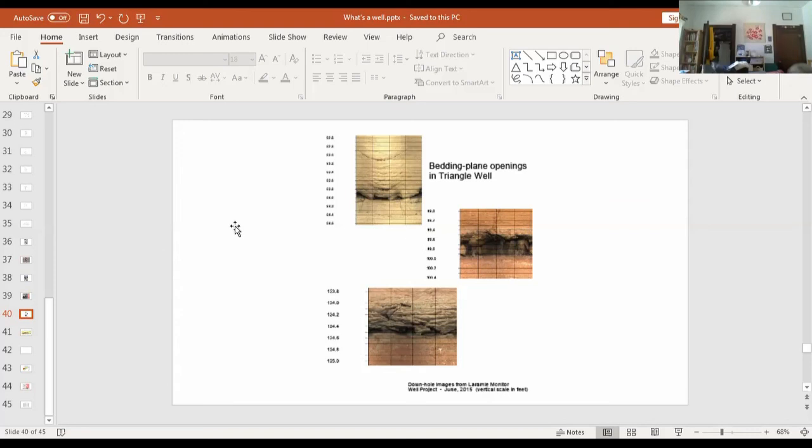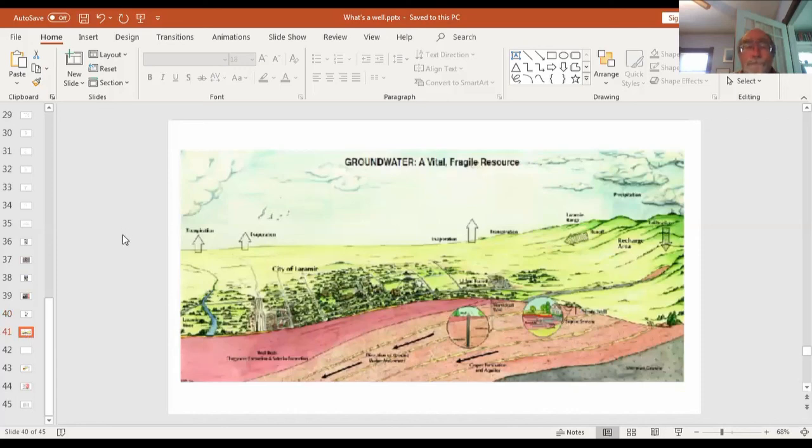Okay, these are pictures from down inside that triangle well, the one out there by Walmart, and what was fun about this is we're actually seeing now these cracks in the rock down below. So here we are. Oh, I guess these are in feet now. So here we are 125 feet deep. We see this big crack that the water's running through. And the picture here is we've just taken a picture all the way around the well bore and then slid it down one side and opened it up. So what you're seeing is a 360-degree view of what the well bore looks like. And back to our